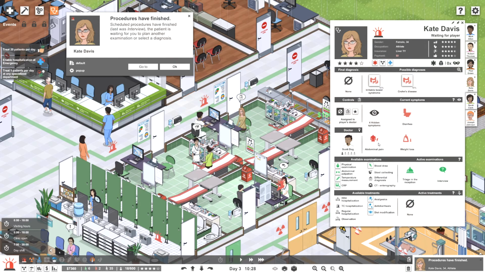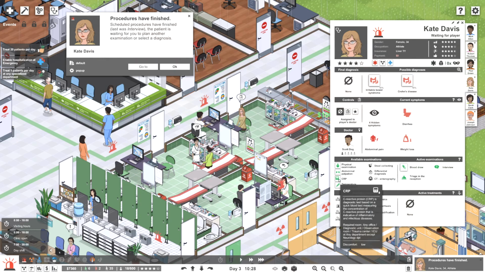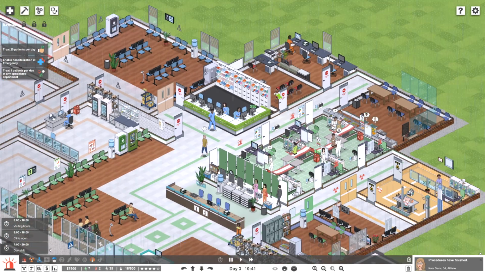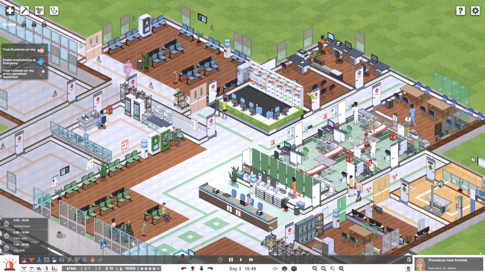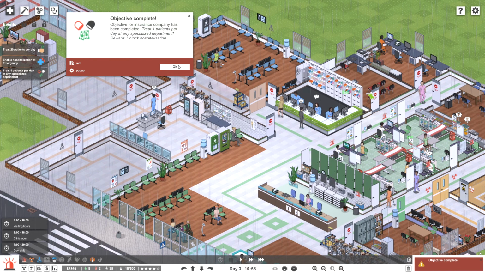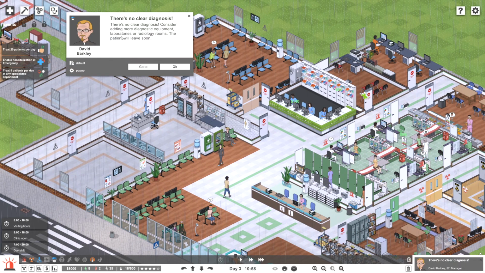You've got diarrhea, abdominal pain, weight loss. Okay, so it could be one of 2 things. I think we're going to take some blood. Let's take some blood for now. That's all we're going to do. Because I'm guessing we'll know fairly quickly if it's Crohn's, right? Is that how it works? Objective for insurance has been passed. Treat 1 patient per day in a specialised unit. Unlock hospitalisation. Nice. Okay, there's no clear...